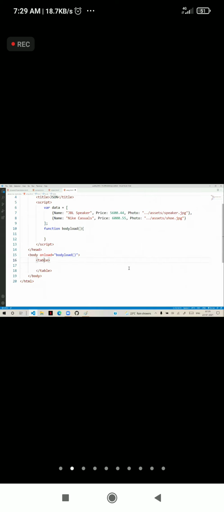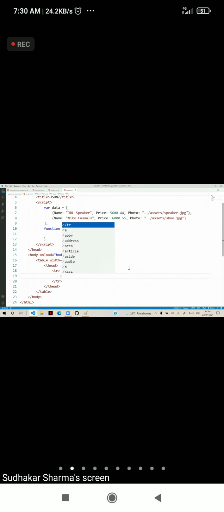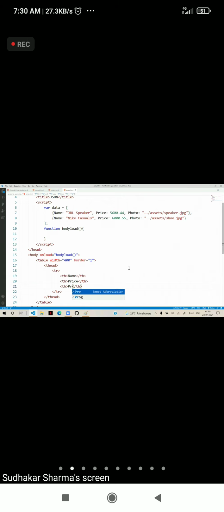We will put here width as 400, border 1. And in that we have thead, the table header. In that row, in the first cell we have name, in the second cell we have price, and in the third cell we have preview.